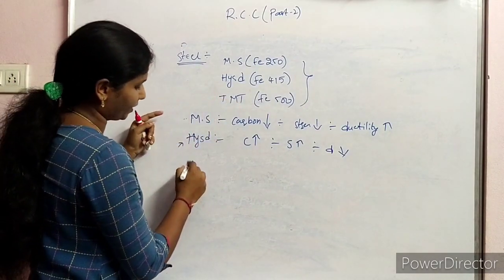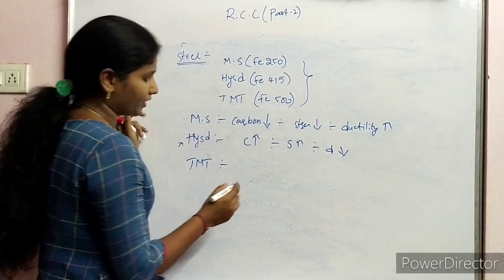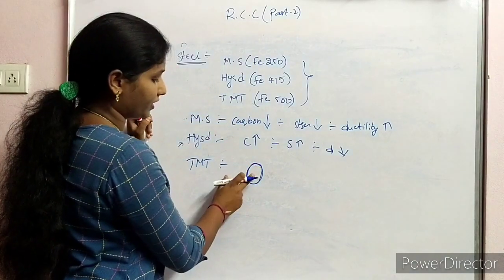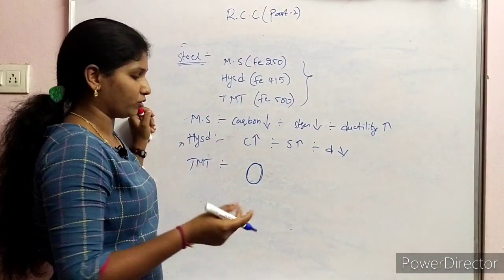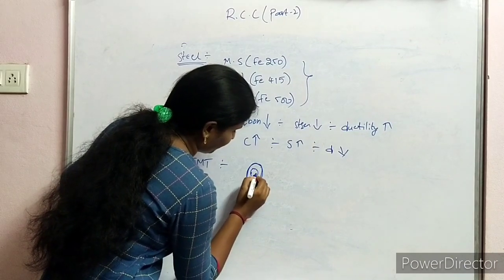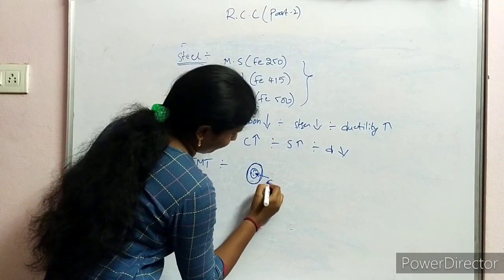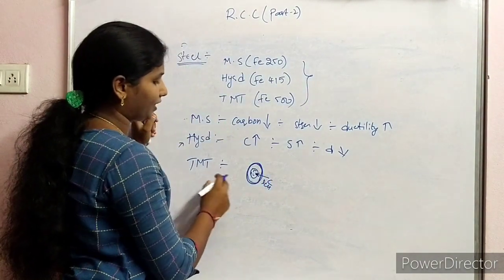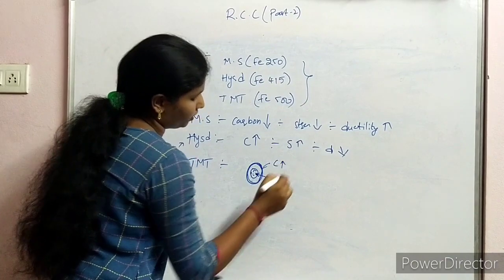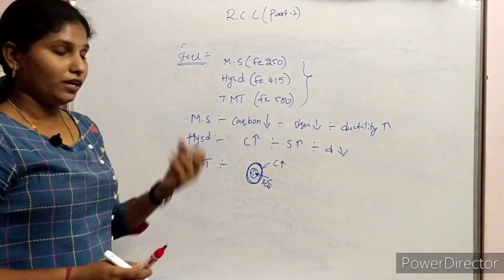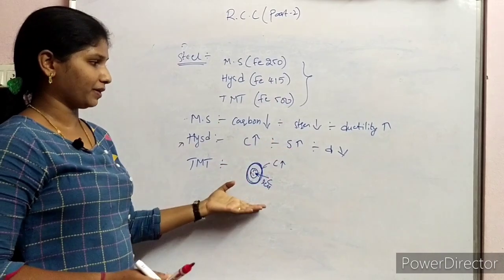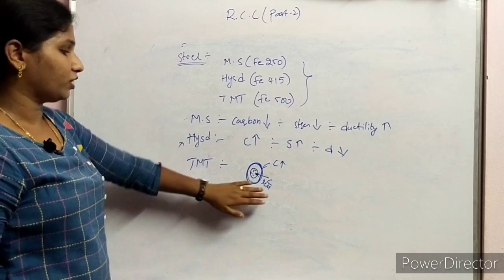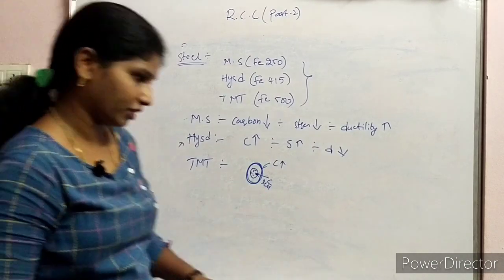Whereas in the case of TMT, thermomechanically treated bars, we have to design the bar for both strength and ductility, so in the inner part less carbon is provided. At the outer face of the steel bar we provide more carbon, so that the bar has bearing capacity, the strength of the structure increases and ductility also increases. Now the structure is safe, so nowadays we are mostly using Fe 500 steel.